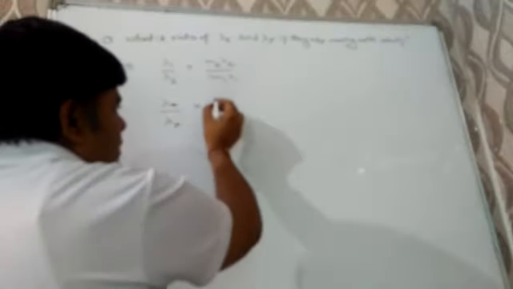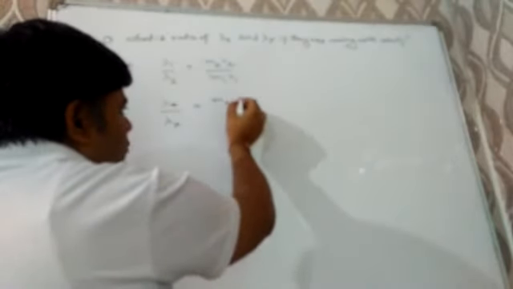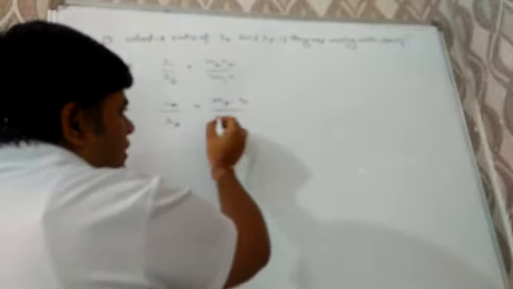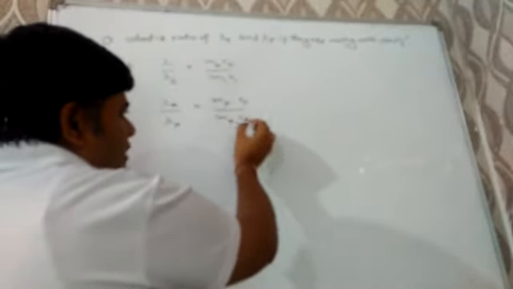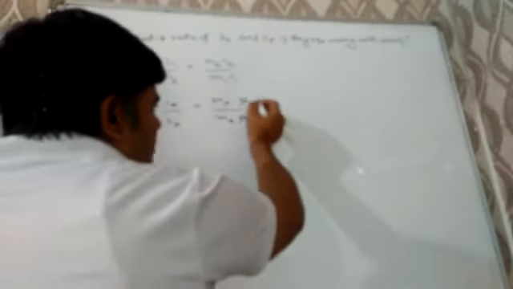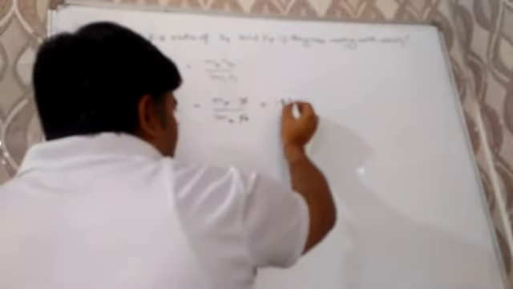So we have to find the ratio of the wavelength of electron lambda e over lambda p, that is equal to mass of proton into velocity of proton upon mass of electron into velocity of electron. As the velocity of both is the same, it will cancel out, and the mass of proton in comparison to the mass of electron is 1837 times. So our answer will be 1837 to 1. That is the ratio of the wavelength of electron and proton if they are moving with the same velocity.